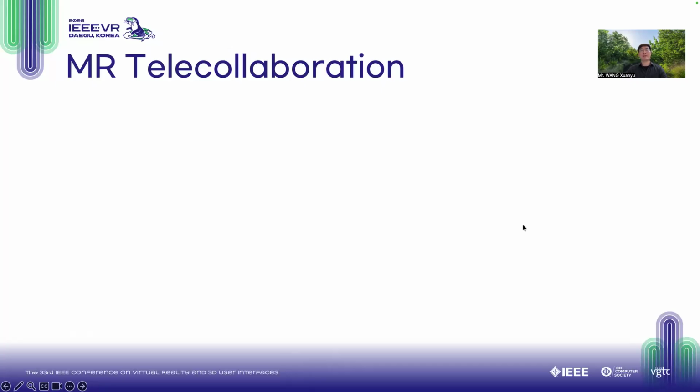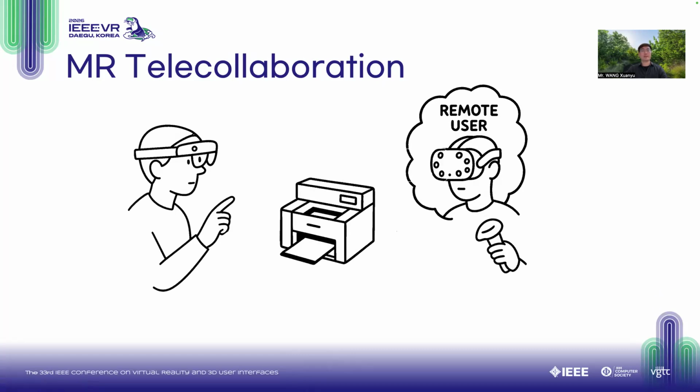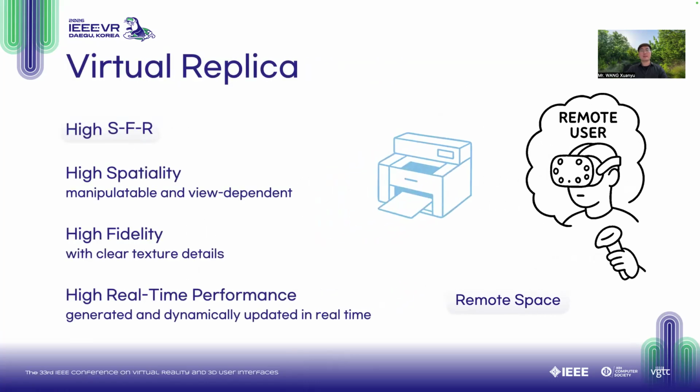MR Telecollaboration allows a user to work on a local physical object with remote users' avatars as if they were co-present in the space. One of the most critical challenges in telecollaboration is that, unlike face-to-face collaboration, the shared object is not physically available to remote users. It is thus expected to provide remote users a virtual replica of the object that is freely manipulatable and view-dependent, which is high spatiality, of high visual fidelity, and generated and dynamically updated in real time, which is high